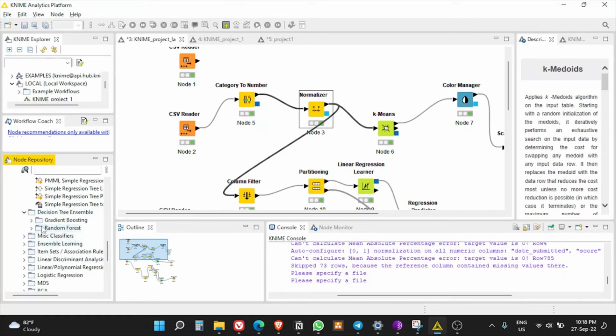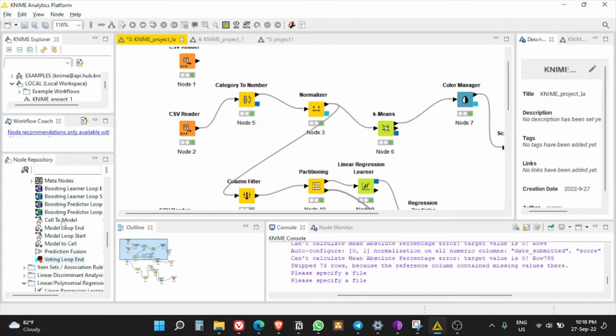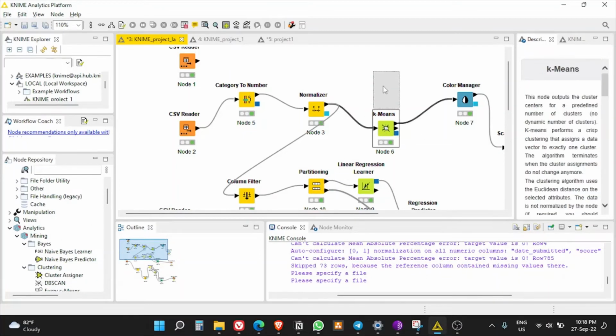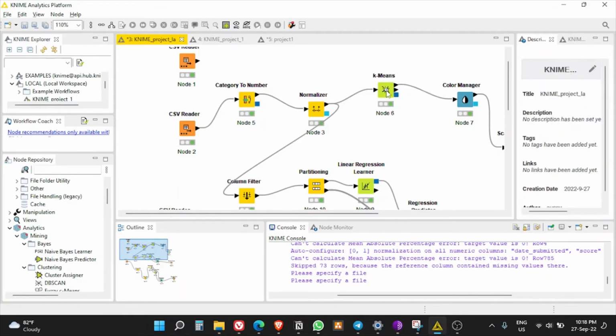Then decision tree ensemble, right? So ensemble algorithms can also be trained using the nodes. Then again, we have miscellaneous classifiers such as KNN, right? And these are some other ensemble learnings. And the linear regression is here, so linear slash polynomial regression. So the nodes could be found over here, right? Once you select k-means and drag it to the workspace, you will get